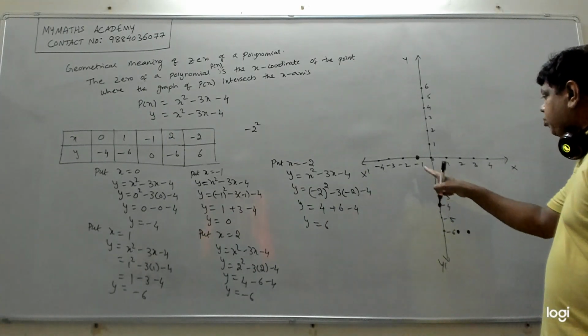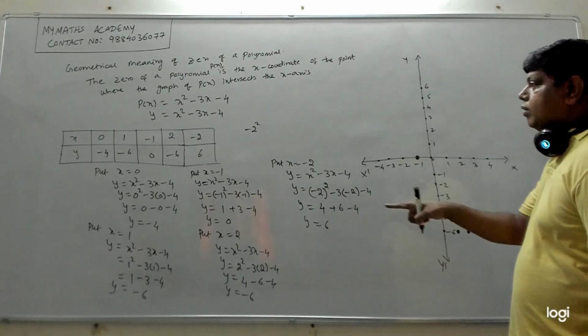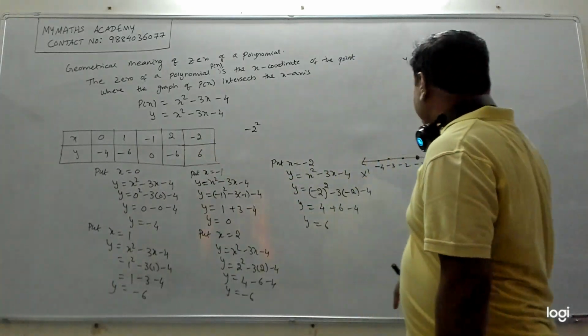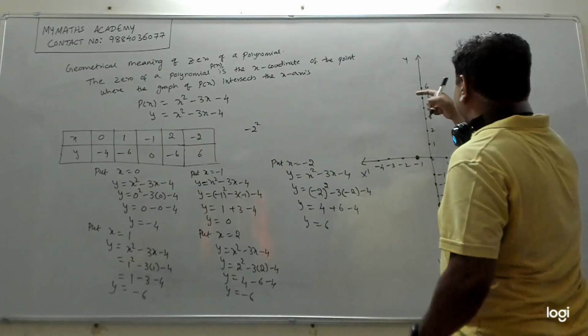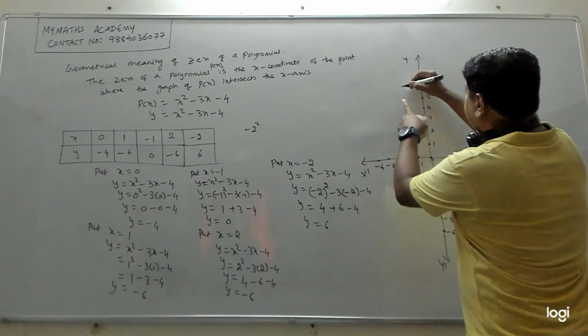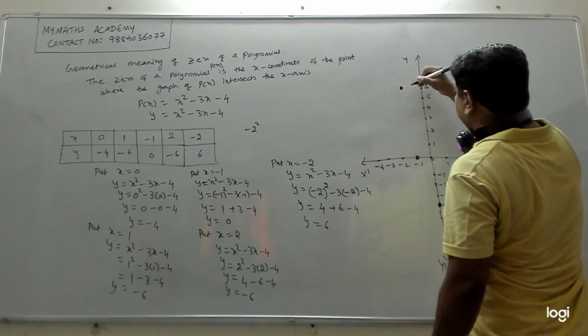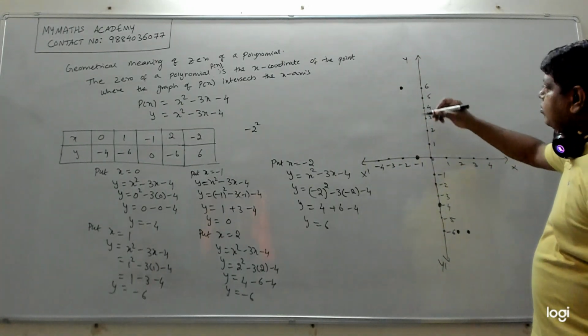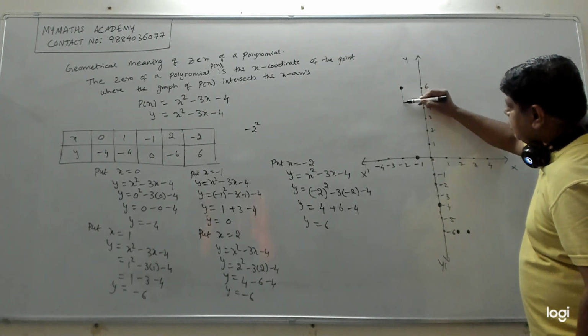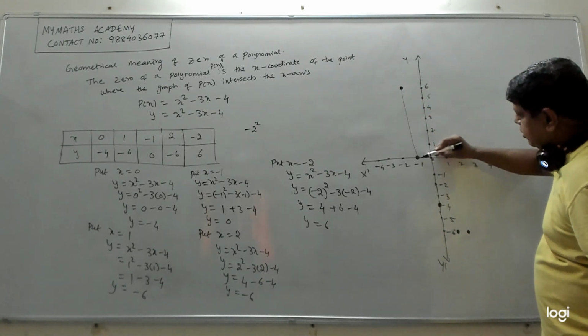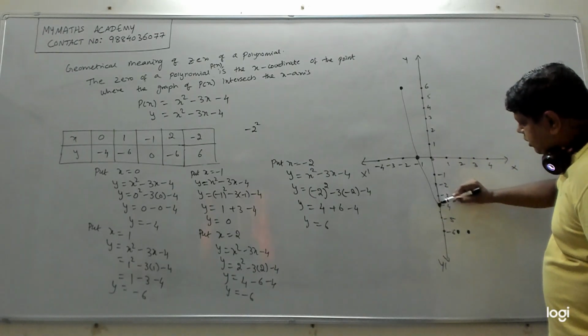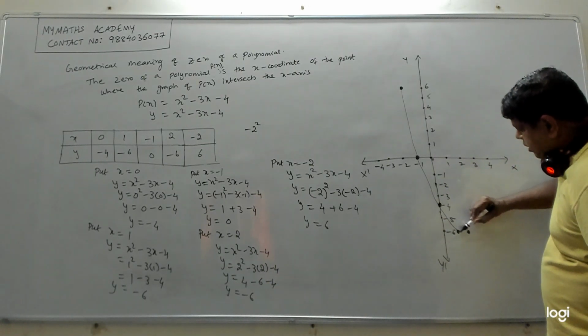Right? So you have plotted 4 points. 1, 2, 3, 4. These 4 you have plotted. Now minus 2 comma 6. Minus 2 and 6 is here. Minus 2 is here, 6 is here. So they will come here. So join all of these using freehand. So all these points. So this point, drawing this, joining this, then going here, and going here and taking a